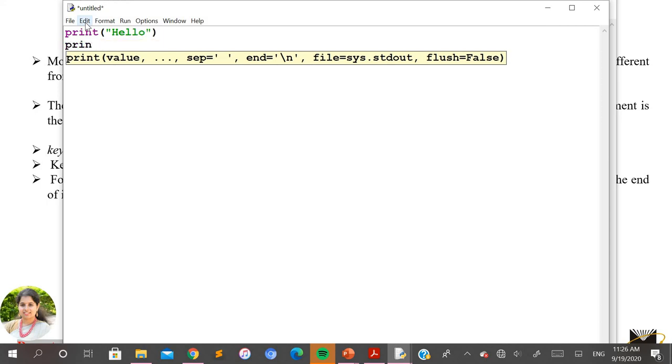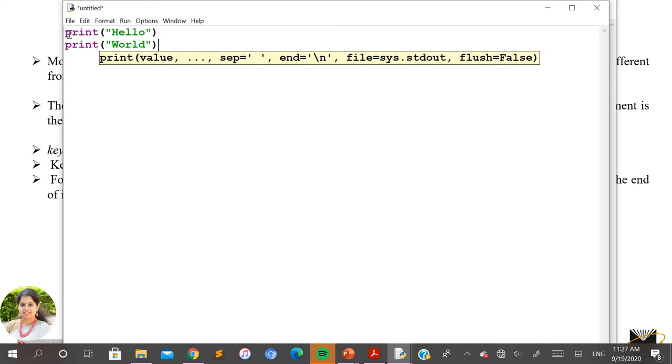And one more print I'll take: world. Right. So you can see here I haven't used any of the new line characters. You might be having a practice of using the new line characters in other programming languages, but here I have not used any new line characters, even though it is going to display one below the other.